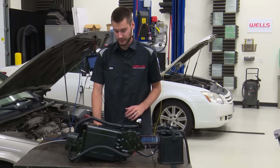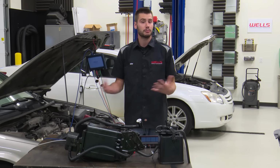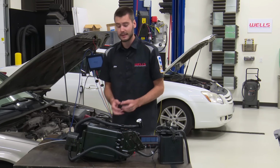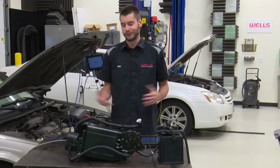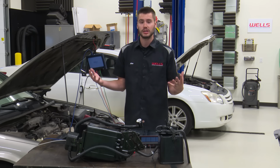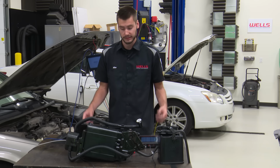So the non-intrusive split system is a system that is passive and does not do anything to manipulate its pressure or vacuum in the system, hence the non-intrusive wording. This system is unique in that it is sealed at all times. Okay, this is unique to EVAP, guys. We're used to a wide open vent solenoid allowing our system to breathe in fresh air or breathe out that filtered air. This system is going to be sealed at all times unless there's an overpressurization or an over vacuum issue inside of the system, or if it's really hot out that day and there's a lot of fumes being generated. There are some mechanical, let's call them blow-off valves or pressure relief or vacuum relief valves